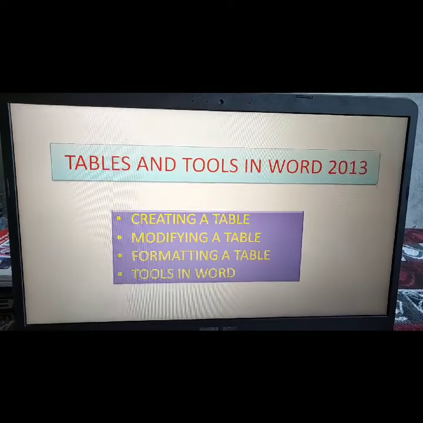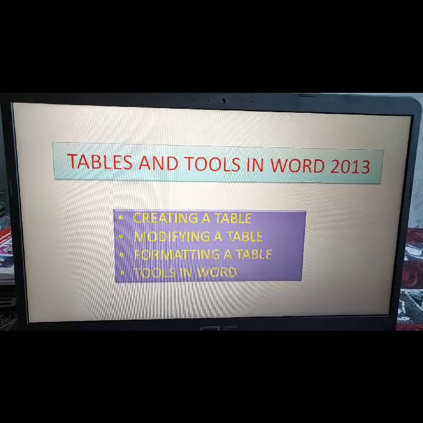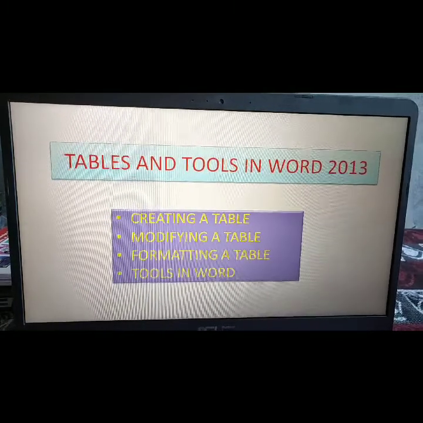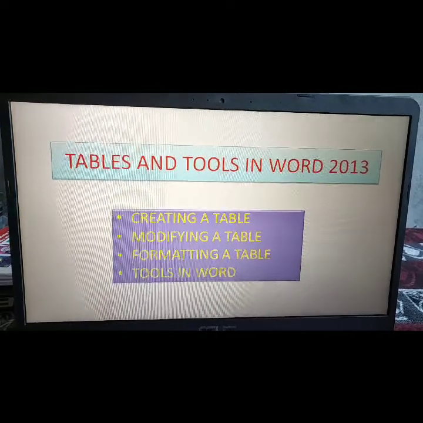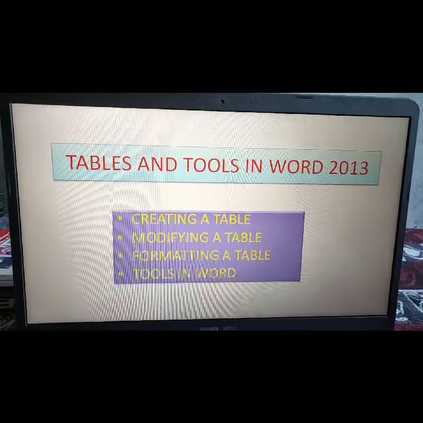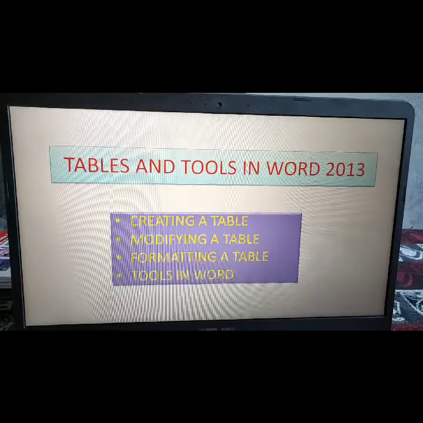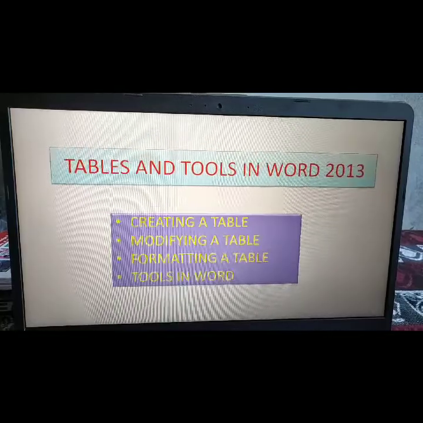Let's see what the topics of this chapter are. The topics are creating a table, modifying a table, formatting a table, and tools in Word. These are the basic topics of Tables and Tools in Word 2013.